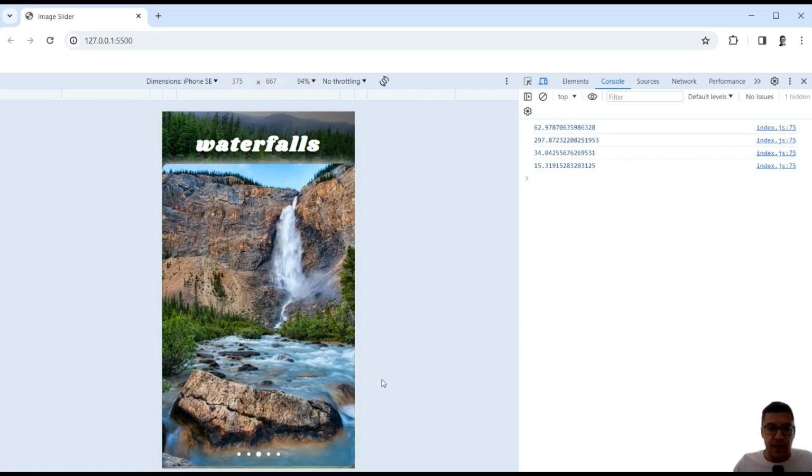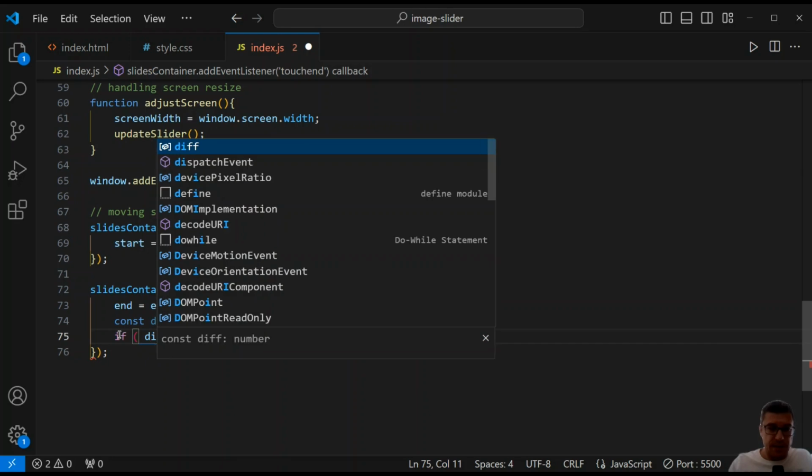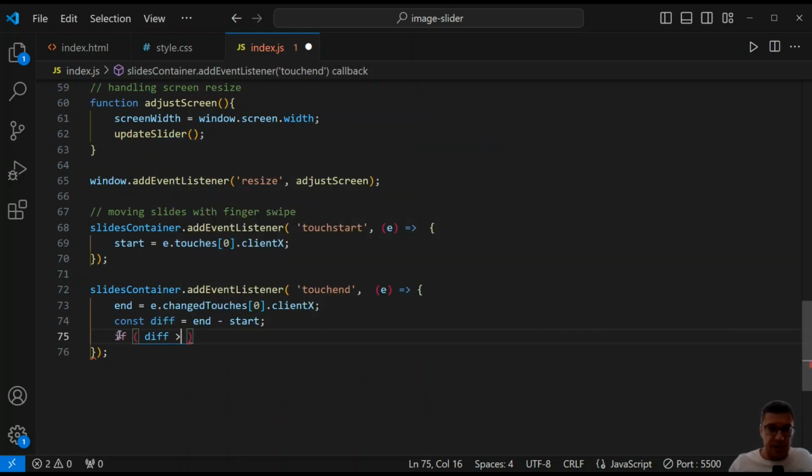So we should take that into account. Okay, so here instead of console logging the difference, I will do an if check. I will check if my difference is greater than 50, I will be calling again the next slide function,